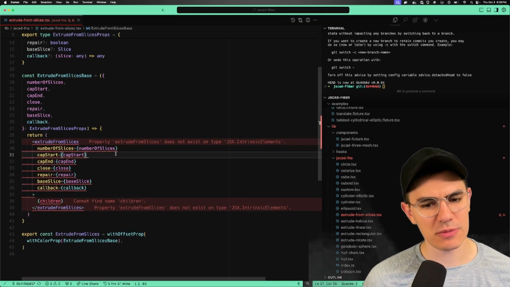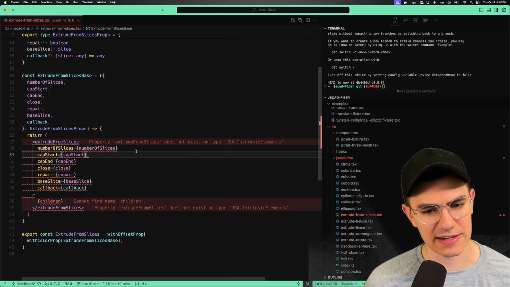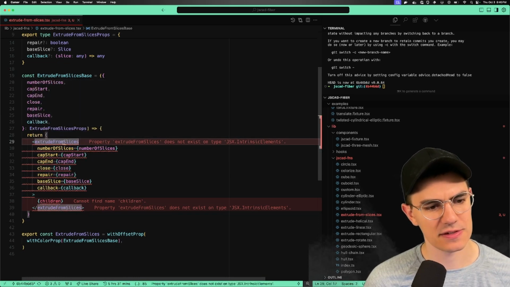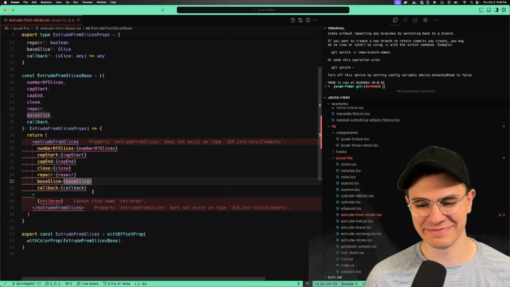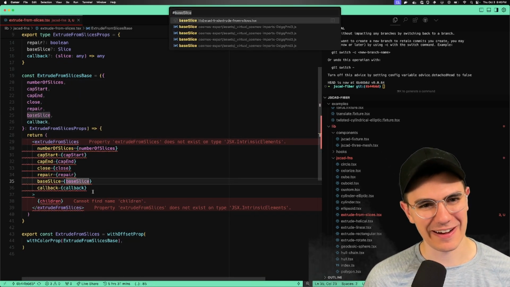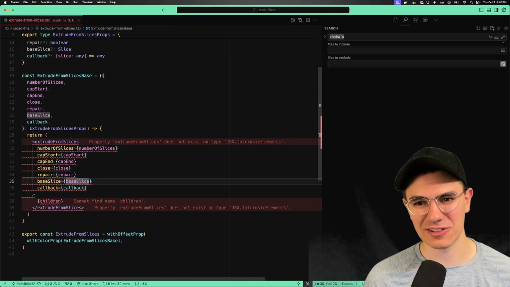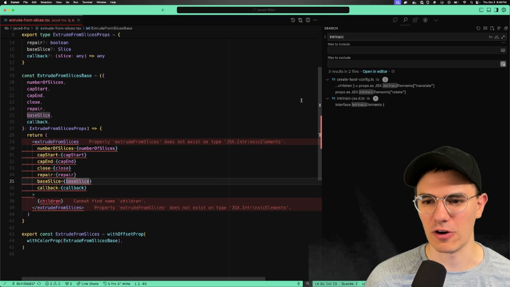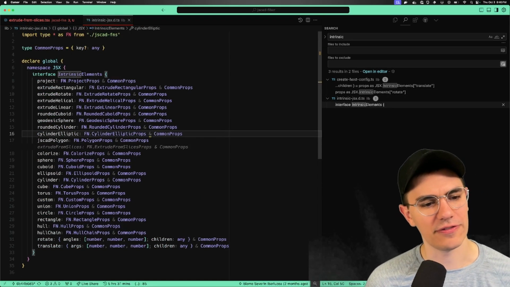So now it's giving me this error: extrude from slices does not exist on JSX intrinsic elements. So hard to find out what's going on there, but let's look up intrinsic. Just pick a word that's kind of hard. And I can see they're all defined here. So now we can do